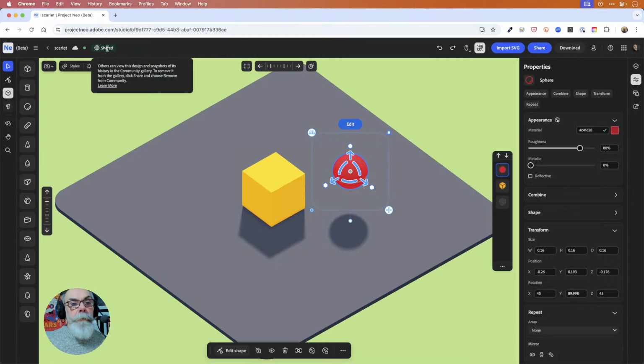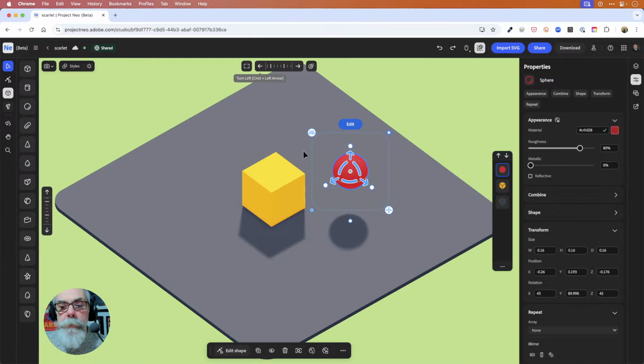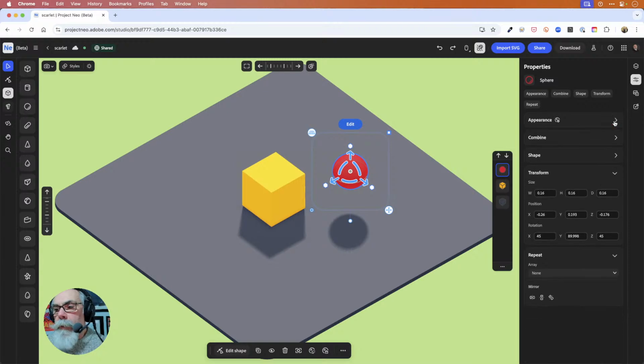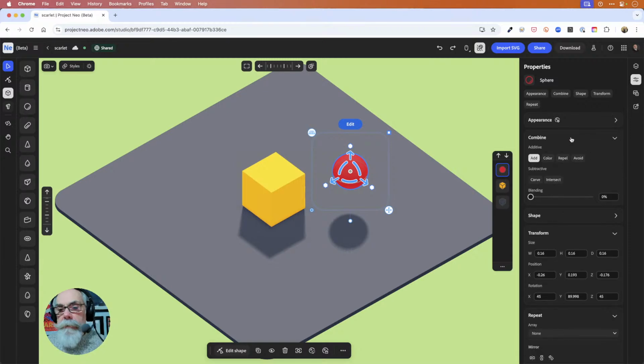You'll also see that at the moment this is shared, right? So other people can view this design. I bet anybody that watches is viewing this design. In fact, you could go along and play with this yourself, get your own copy of it afterwards and play with it, do your own thing with it. It won't be affecting my copy of it. You'll just be creating another copy spawned from it. But that is perhaps something for next week, which is what it's looking like we're going to be before we actually model that much. But anyway, right then, so coming down from the appearance attributes just here, next we're into